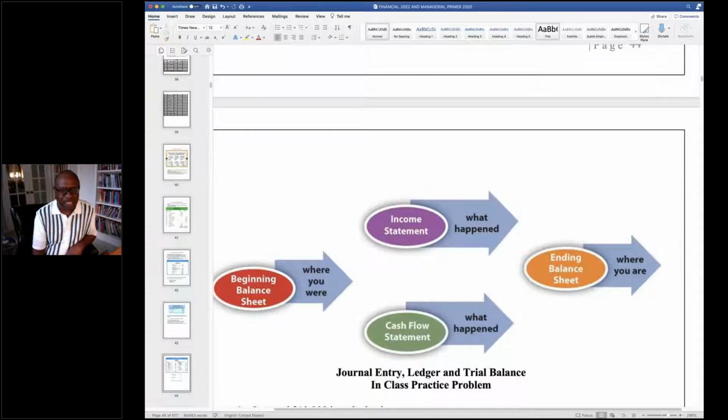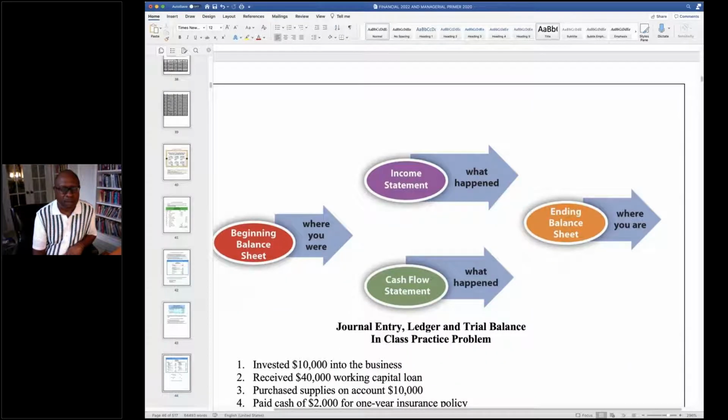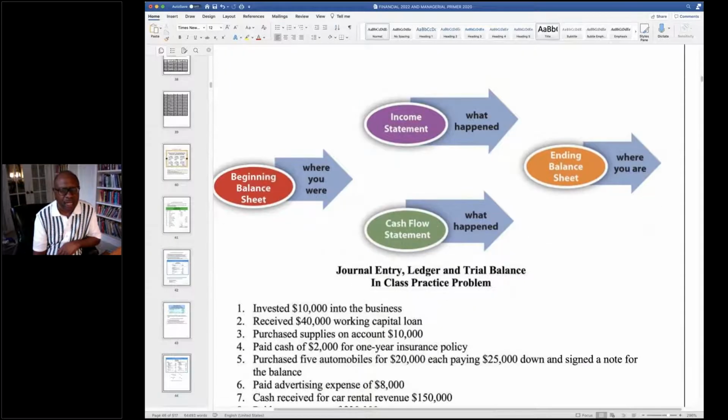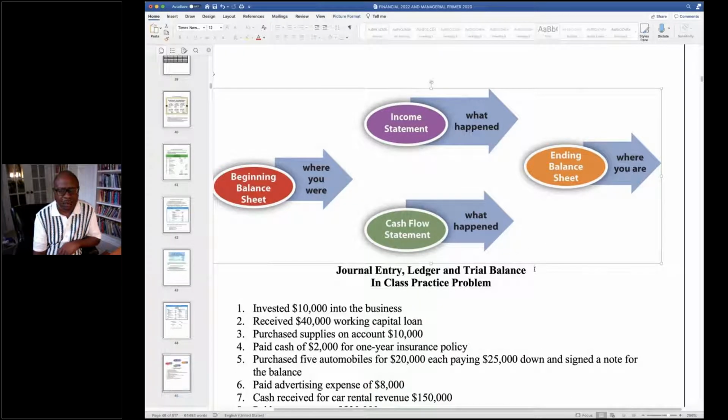Let's look at the functions of financial statements. The balance sheet, we start off each year with a balance sheet that tells us where we are. The income statement tells us what happened. The cash flow statement tells us the impact on cash. And they don't have it in this picture here, but we should have in here